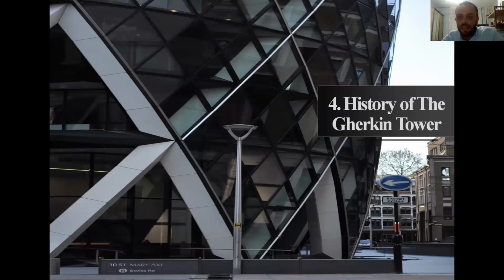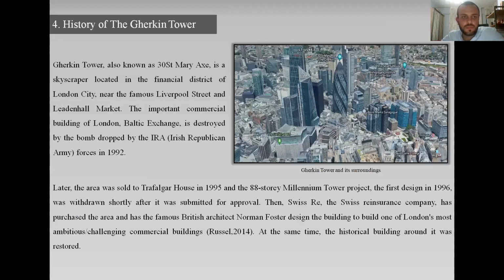4. History of the Gherkin Tower. Gherkin Tower, also known as 30 St Mary Axe, is a skyscraper located in the financial district of the City of London, near the famous Liverpool Street and Leadenhall Market. The important commercial building of London, the Baltic Exchange, was destroyed by a bomb dropped by the IRA forces in